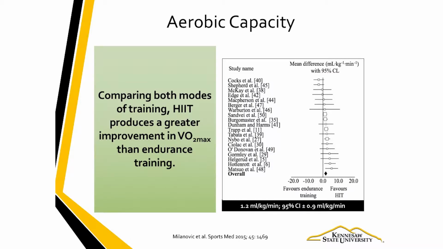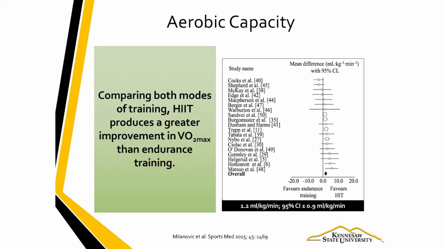So now your question should be, well, what happens when you put them both together? Well, I'm glad you asked because I'm going to show you that graph. Here's the comparison of all the studies that looked at high-intensity interval training with continuous moderate exercise. You can see the black diamond at the bottom. When you put them all together, the differences are not as significant as they were when compared to a control group. But you can see that the diamond is a little bit further to the right,